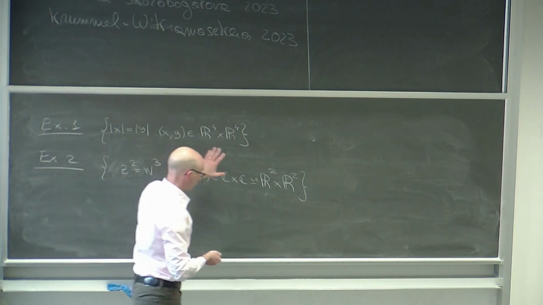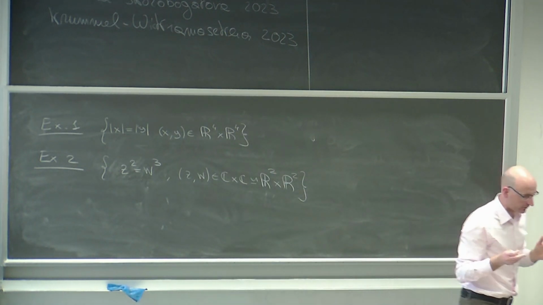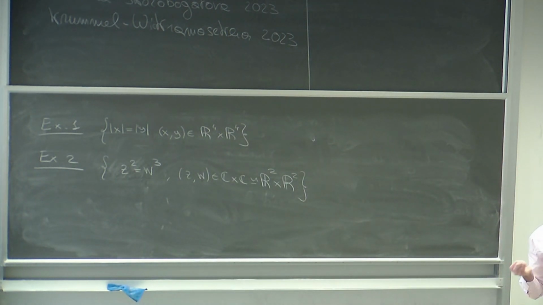So why is this interesting? Well, first of all, there's a general fact, which, if you read the literature, the first one to notice seems to be De Giorgi. There is a monotonicity formula that tells you the following. If you have an area minimizing object, even though your object probably is bad from the point of view of regularity, you don't have any information, maybe it's really, really bad.